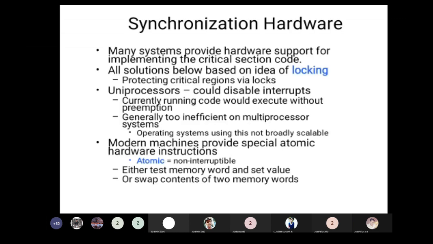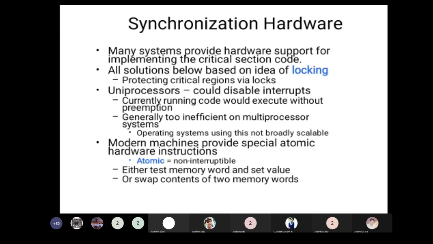Next we can achieve this using synchronization hardware. How to achieve that, we'll see here. Many other systems use hardware support for achieving synchronization. The previous solution we saw was with coding. Now we will see synchronization achieved using hardware support. So how? Using the idea of locking. Protecting the critical sections via locks. In the sense, no physical lock, it is a hardware lock used to protect the critical section. How? We'll see.